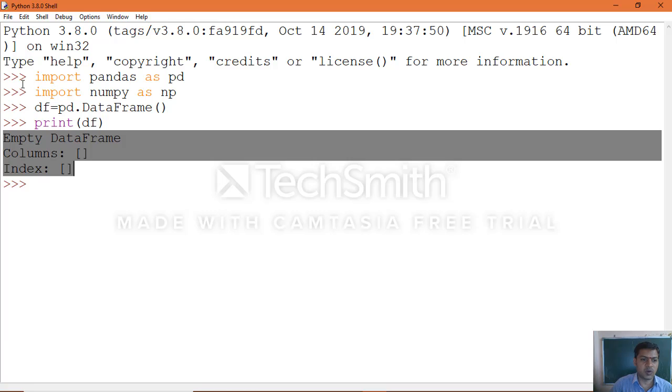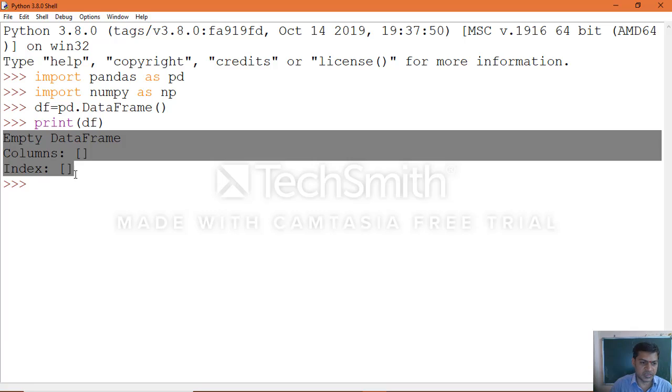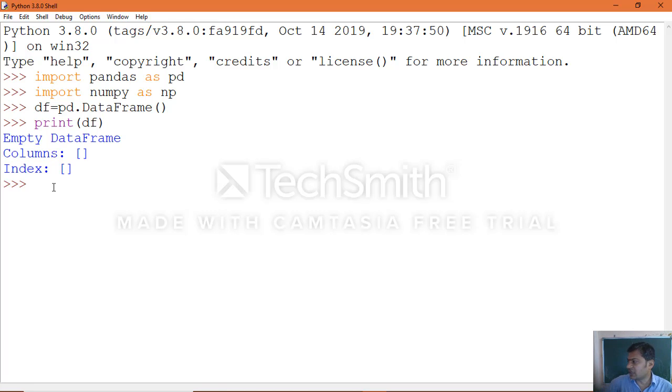This is the application of importing modules and creating an object with the help of the data frame constructor. We didn't pass any data here, we just created it such a way that it will display an empty data frame the moment you execute that object, with columns empty and index empty. Now in the same manner, you can create the examples which we discussed for passing a dictionary as input data for the data frame.